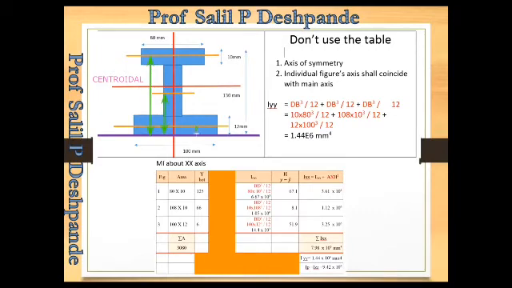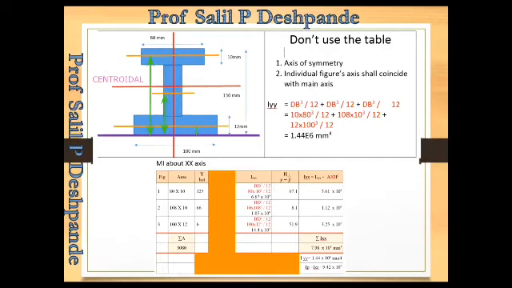And this will be h3. Now how to get this? How will you calculate this? If you are calculating moment of inertia about the base, if you see the value of y bar, y from the bottom, we have already calculated y from here. So this is nothing but y for figure number 1, y for figure number 2, y for figure number 3.